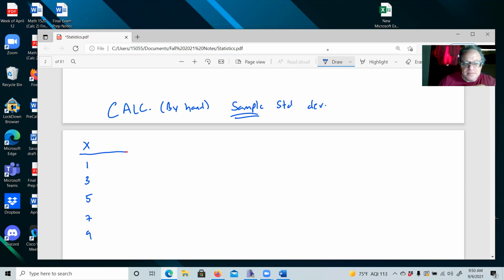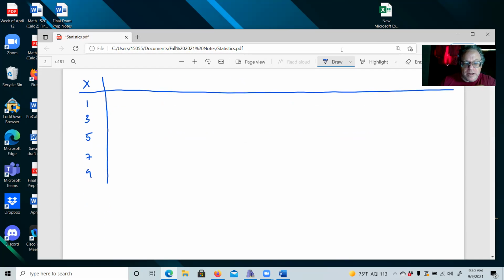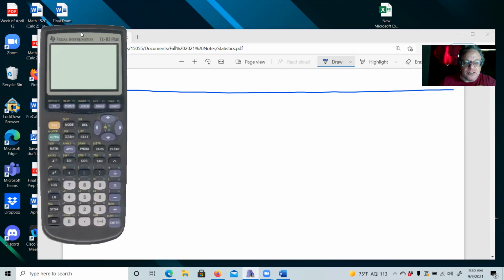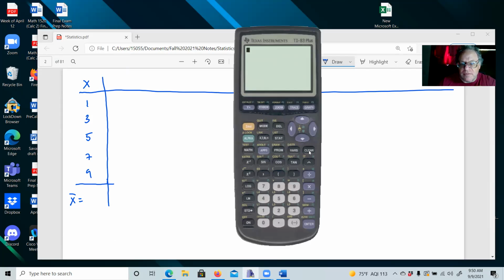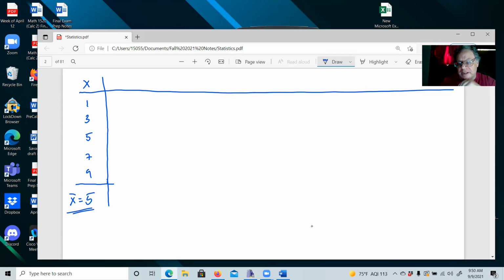One of the things we need to do is get the average here. So what is the average of these numbers? What is x bar equal to? Just so you guys can see what's going on here: 1 plus 3 plus 5 plus 7 plus 9 is equal to... How many numbers do I have? 1, 2, 3, 4, 5 values. So we take 25 divided by 5. You didn't really need a calculator for this, but some of you do. It's okay. So my sample average is 5.